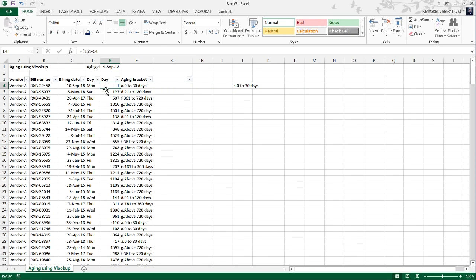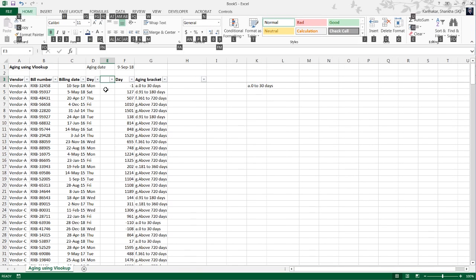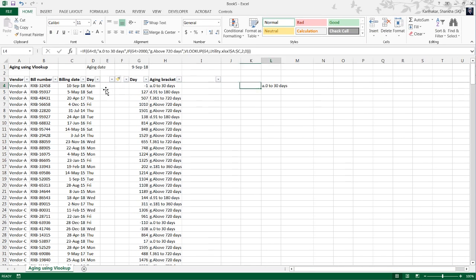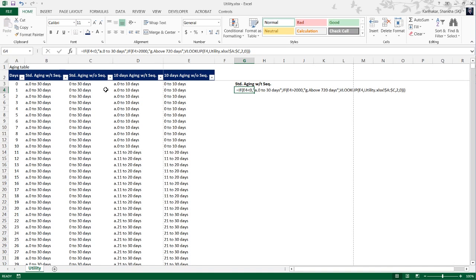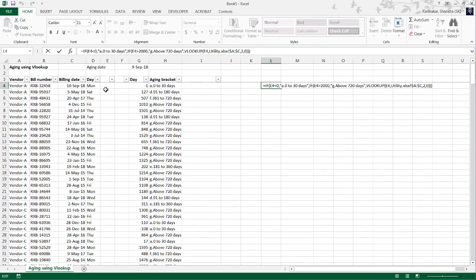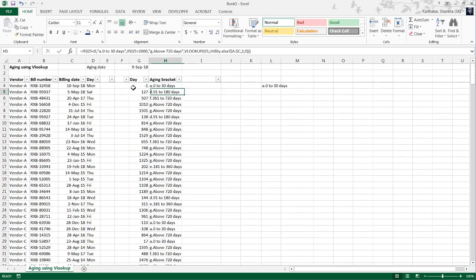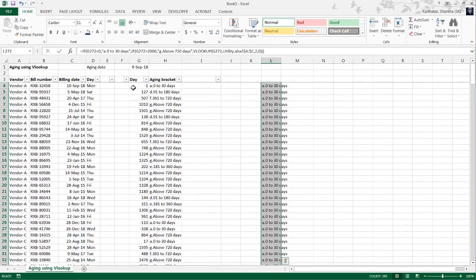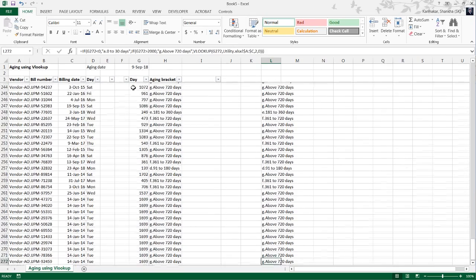But what if your data has changed from column E and it is going to column G. Now if you paste the data, I'm going to delete it. I'm going to copy this entire thing. I'm going to paste it here. So if you see, it is giving an incorrect reference here. It is giving reference to column E, but I have data in column G. So what I have to do, I just have to drag it here, all the three cells, and I'm again good to go. So once you have this understanding of how the data flows and how things are moving,